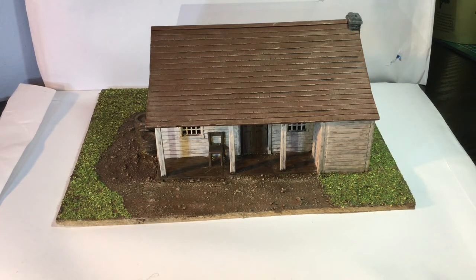So the next main project is going to be an American theme, so I thought, while I'm filling some time at the moment, I'd look at a little bit of terrain, something a little bit different, and hopefully something that will come into use in the next project. Yeah, again, this was good fun to do. Very simple plastic kit to put together. Stuck it on a piece of hardboard,